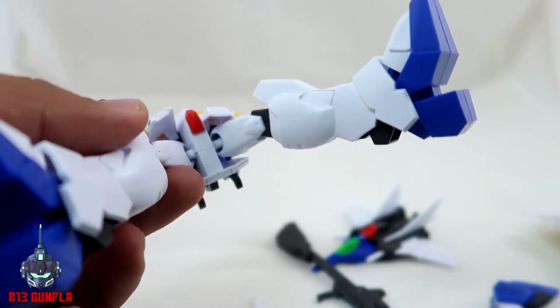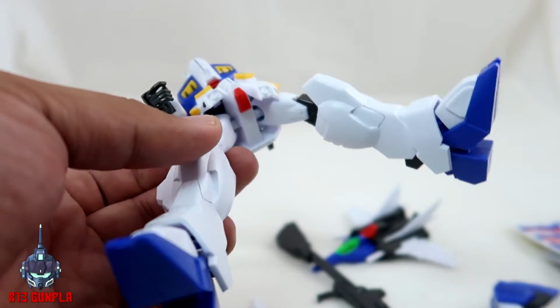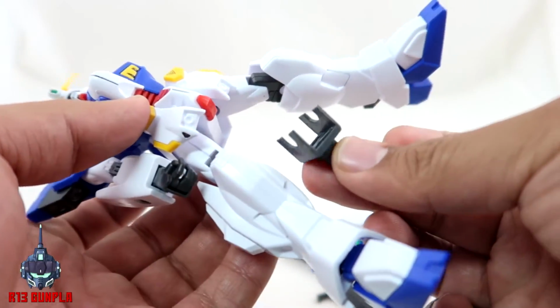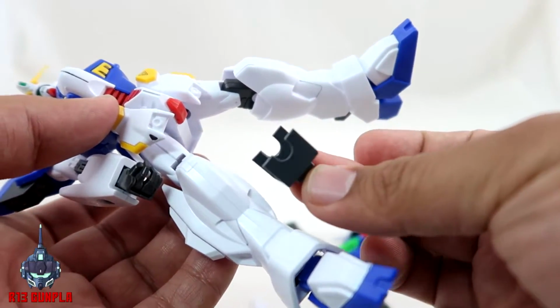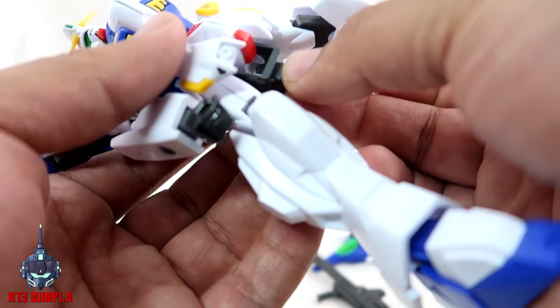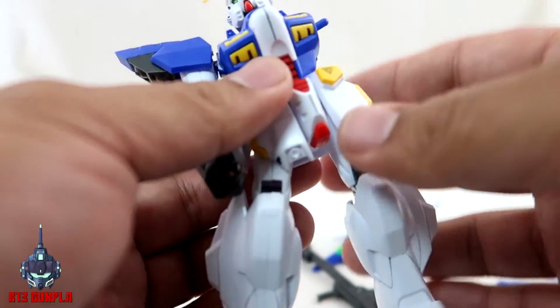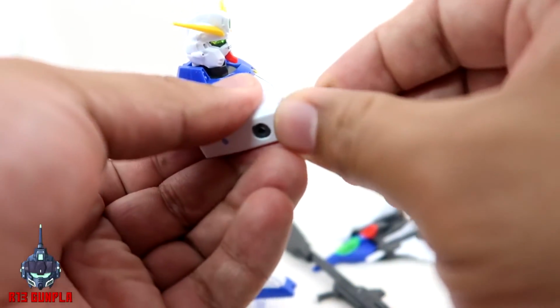Now for the legs here, if you're wondering if you can use an action base for this, yes, this is a master base part here. I actually cut it to pieces. I actually use this for my Avalanche Exia. It actually fits, so it's really not that bad. Maybe minor modification. Now you get the hand here,